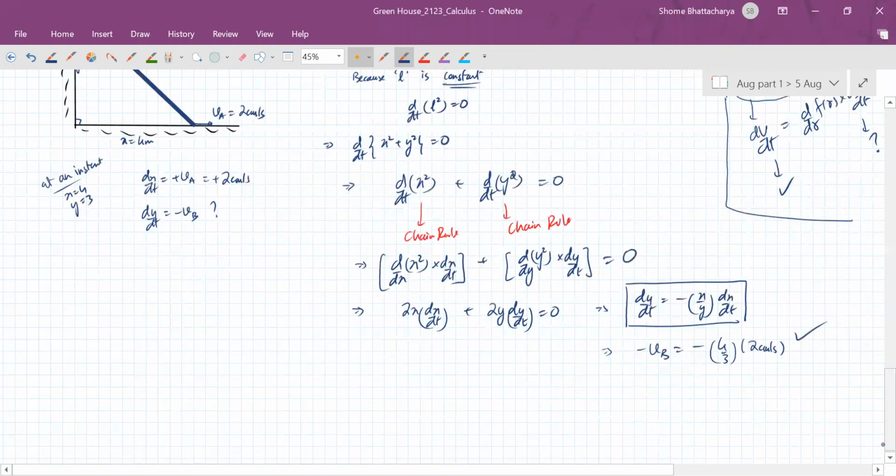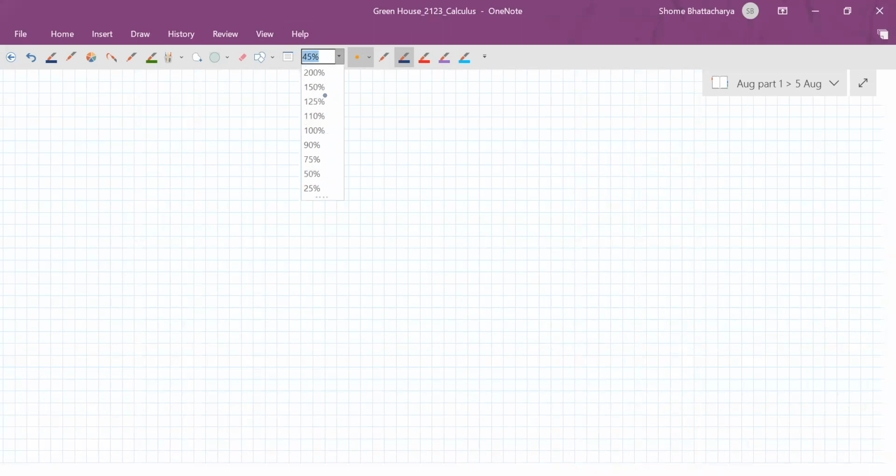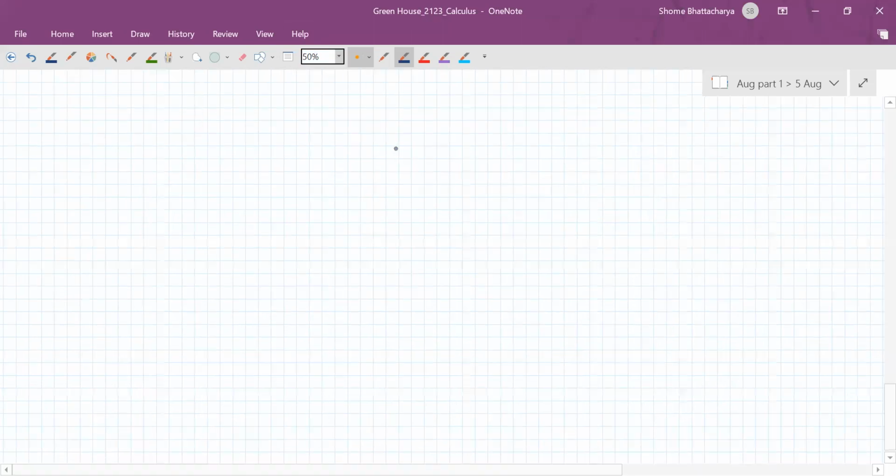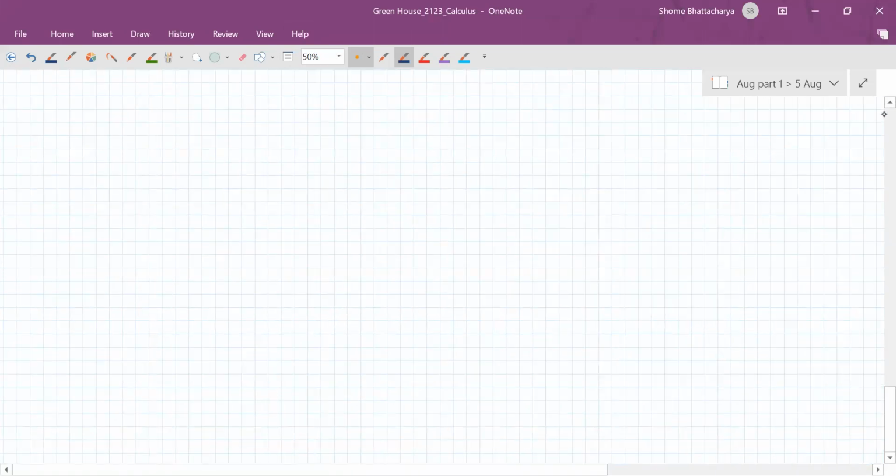Let's move on to the fifth question. The first few questions, unfortunately, I missed out the recording, but you'll have the notes, so just refer to them. If there's any doubt later, you can discuss with me. The fifth question says that sand is poured from a pipe and it forms a cone on the ground such that